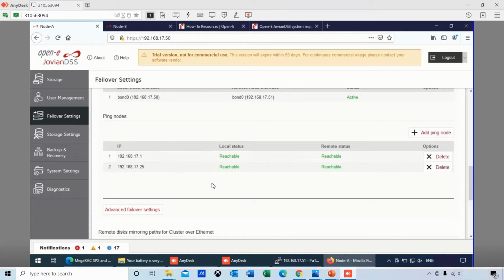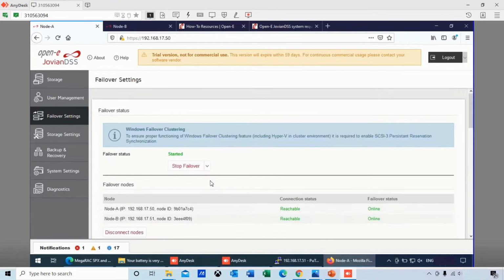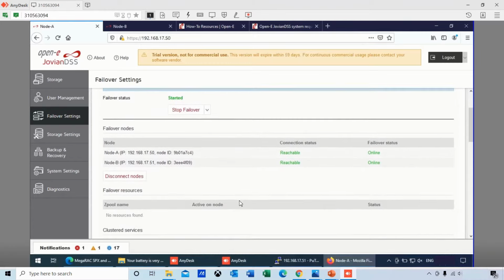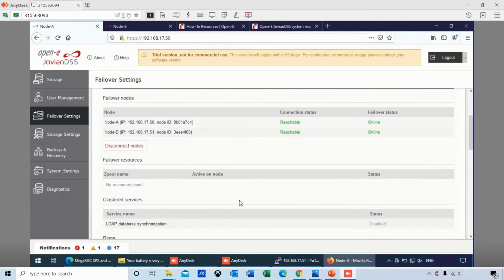After you set that, by the way, I usually recommend two to three ping nodes in an HA, and in a metro cluster, two on site A and two on site B, so you have a balance there. So a total of four ping nodes. Once you have that set up, then it's real simple, everybody. You just start the failover and it tells you it started. Very simple.